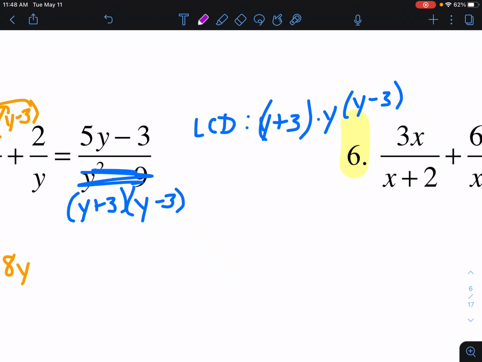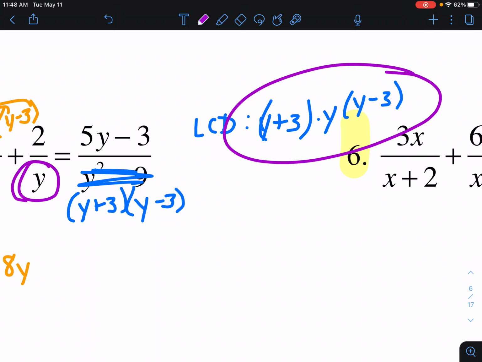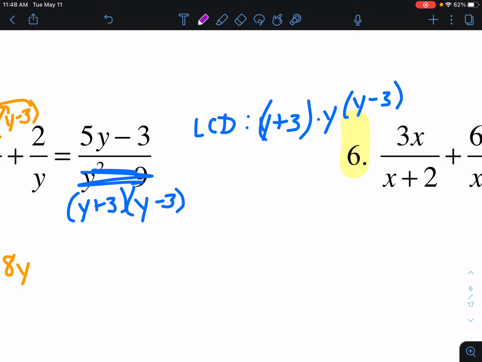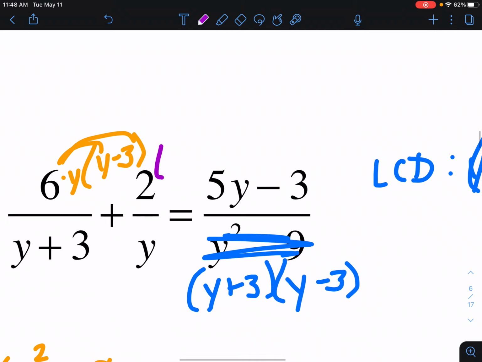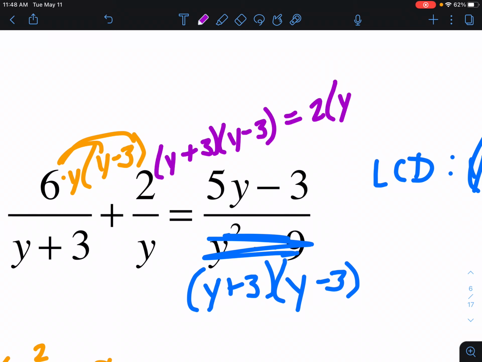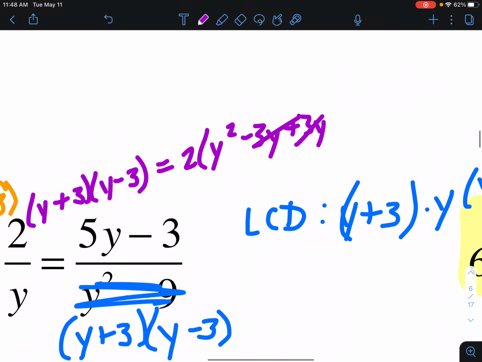So we get a y down here. What's missing? It's missing a y plus 3 and a y minus 3. So that's what the 2 is going to multiply by. So we're going to have to FOIL and then times 2. So carry over the 2. FOIL first, outer, inside, and then last,